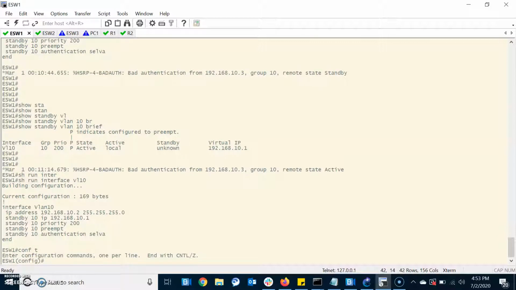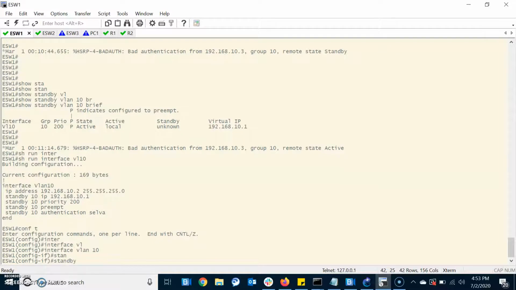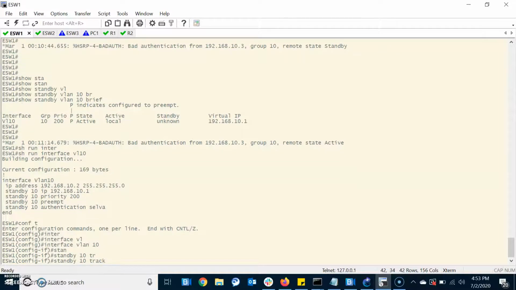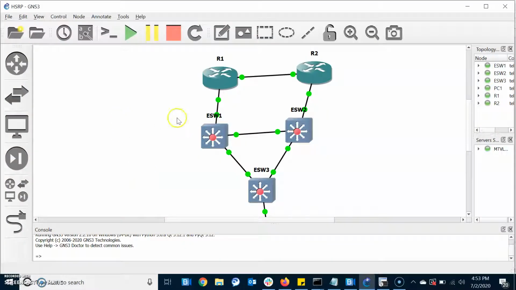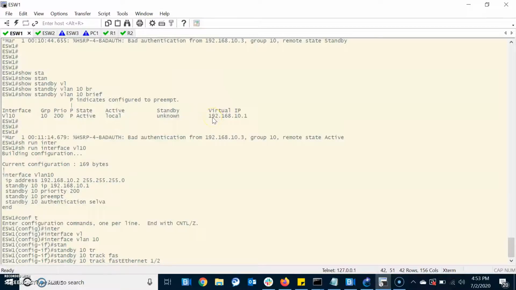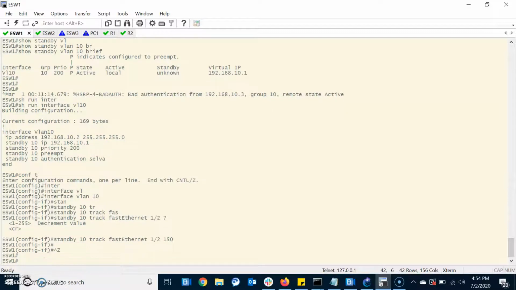I go to configuration mode, interface VLAN 10, standby 10 track FastEthernet 1/2. This is the interface I'm going to shut down, and you have to specify the decrement value. I'm specifying the decrement value as 150. Let us see what happens.